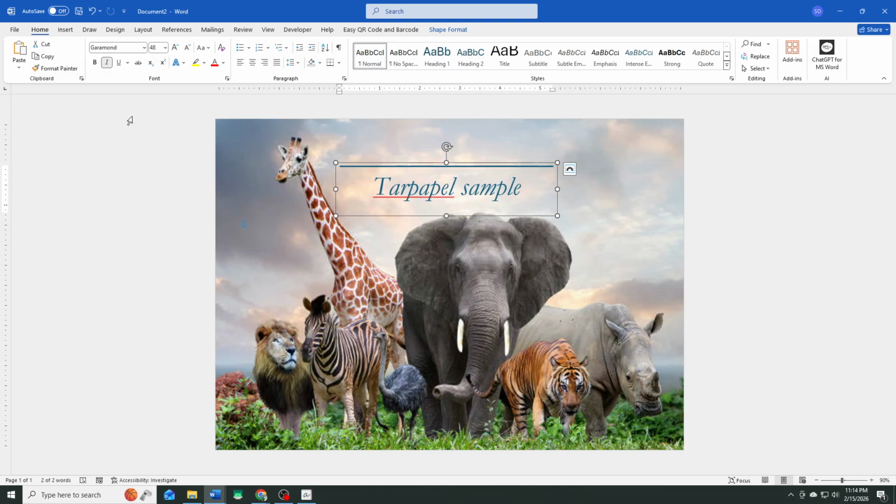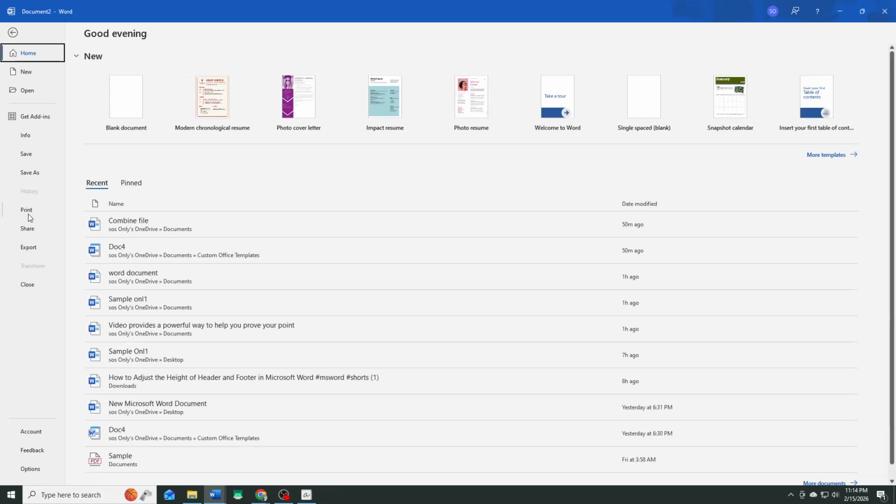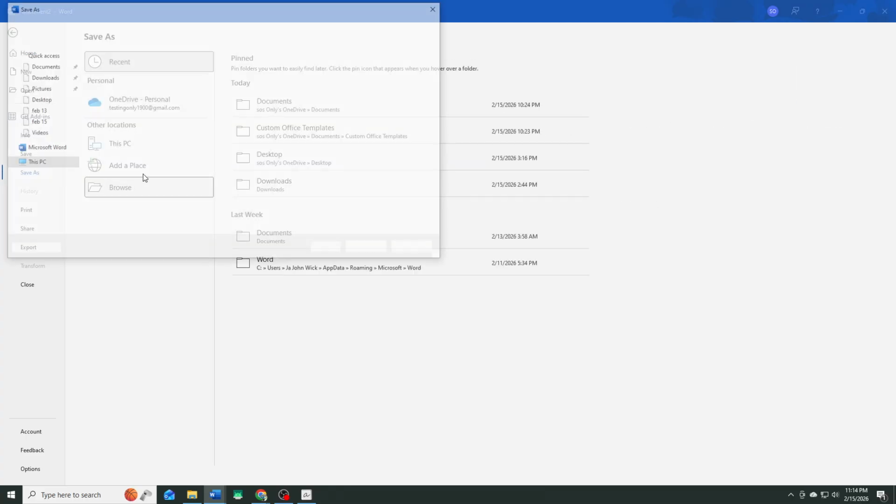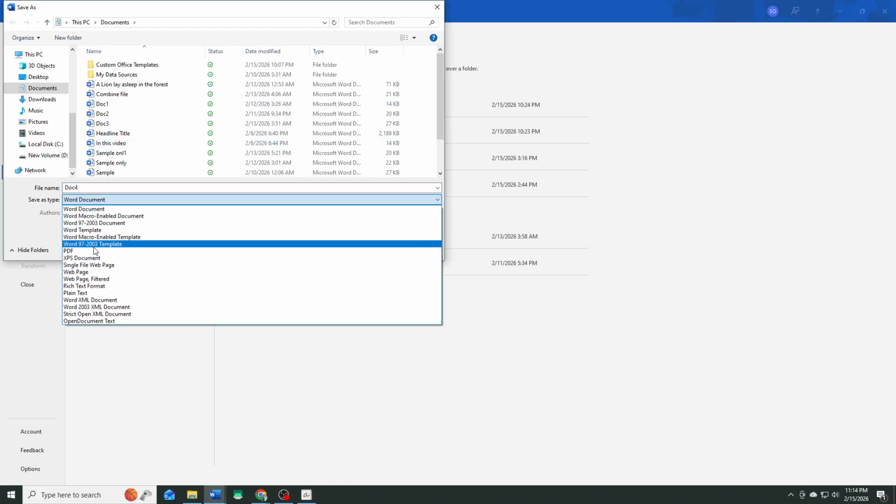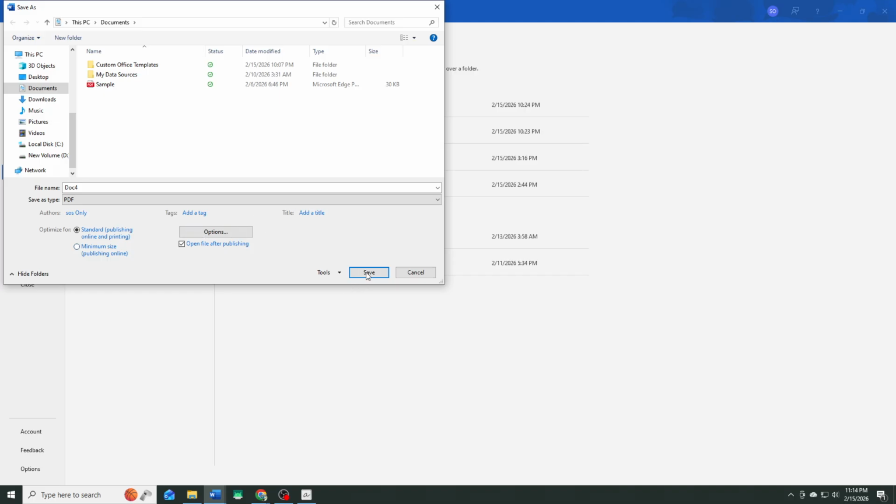Once you are satisfied with your design, take a final look to ensure all text is readable and all images are clear. Saving your file as a PDF is a good option for printing, as it preserves your layout and formatting exactly as you designed it. Using Word in this way allows you to create a customized paper tarp or Tarpapel that looks professional, well-organized, and